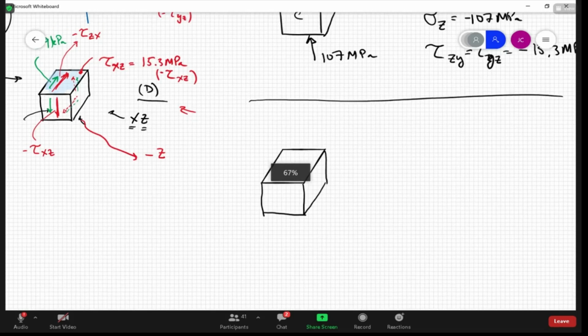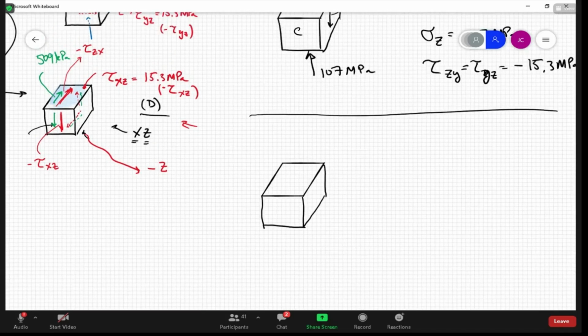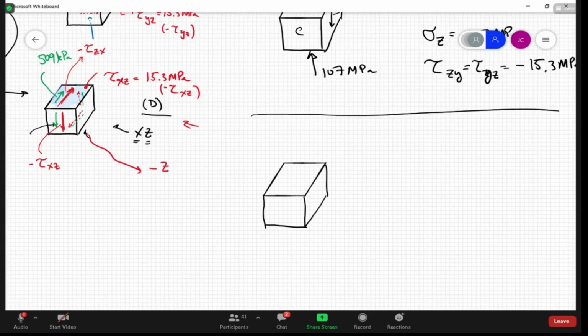Well, all we have is the shear stress acting in this direction and this direction. You can draw the back faces dashed if you want, but honestly, if you just draw those two components, that's enough to show it. And the value here is going to be the 15.3 megapascals plus the 509, so it's going to be 15.8